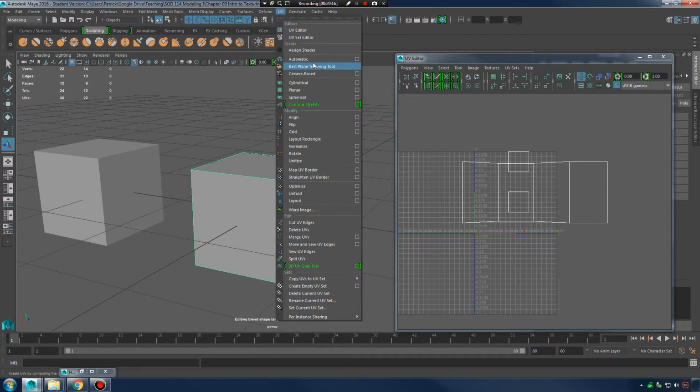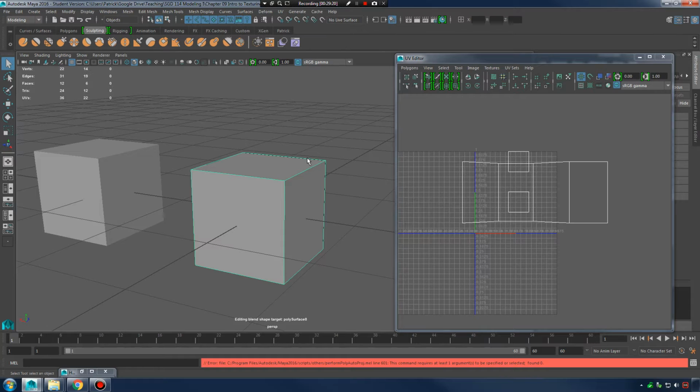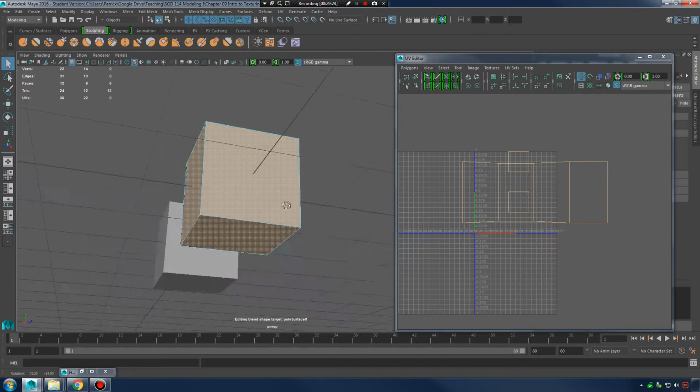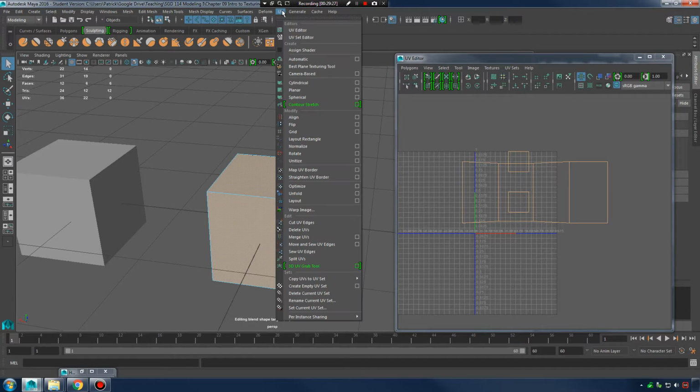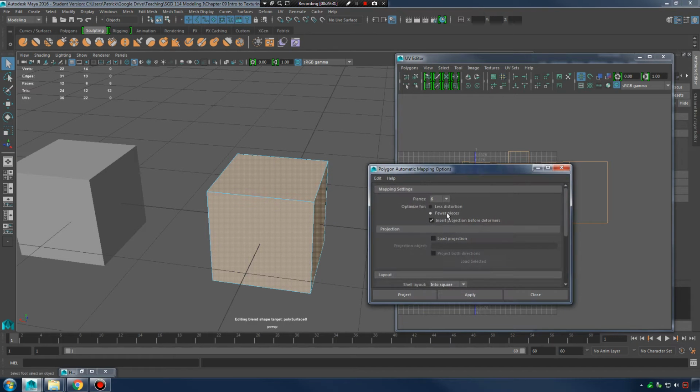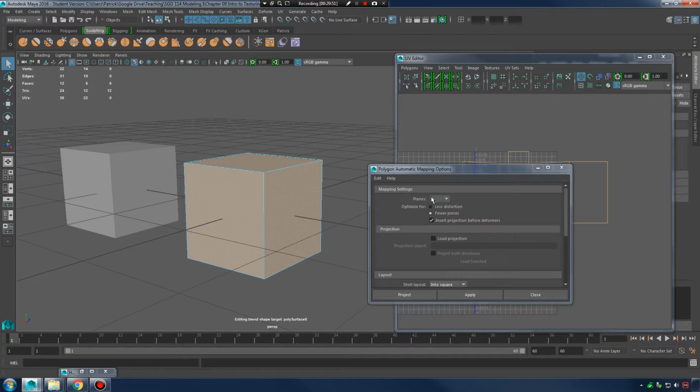So if we go to UV, I guess we need to select our faces. So I'm going to select all the faces of my cube here. And if I go to UV and go to automatic map, first I'm going to select the extra options. And it's important to know how many planes you're projecting from. With our other projection tools, we just had a primitive shape describe where our projections were coming out of, our rays, our snapshots. With an automatic map, it creates 6 different planes,